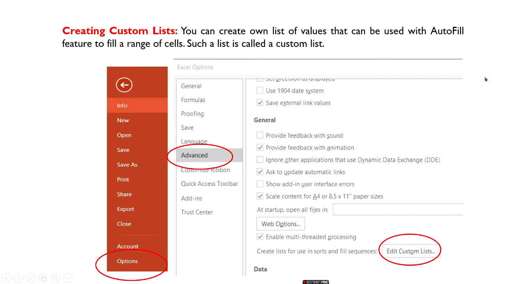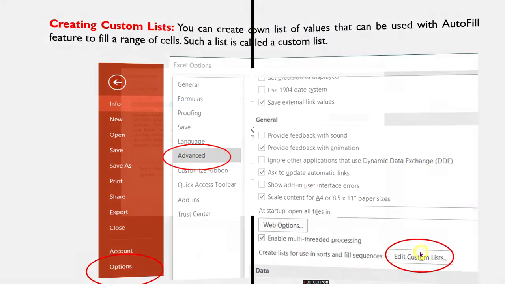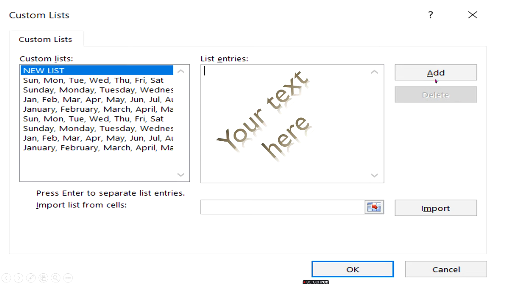For that, you will click on File and go to Options. Under Options, you will find these tabs. Click on the Advanced option, under which you will find Edit. Click on that, and you'll find this kind of panel where you'll find the listings already stored in the spreadsheet: Sunday, Monday in short form and full form, January, February in short form and full form, and so on.